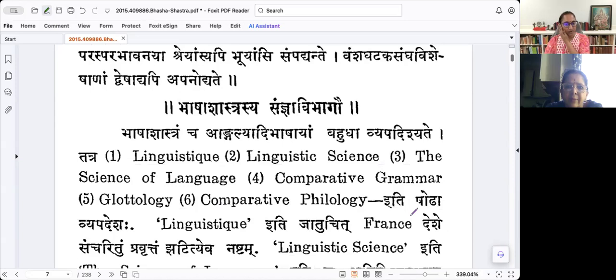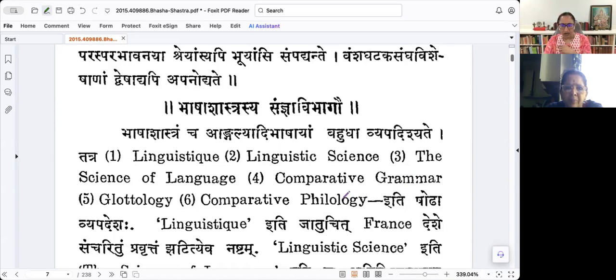Bhasha-shastrasya samya vibhago. So there are different branches of study within language study. Language study is a broader umbrella, like zoology is a broader umbrella. Studying aquatic animals, oceanography, is one branch. Studying terrestrial animals becomes another branch. That sort of branches exist. So in that manner, Bhasha-shastram cha